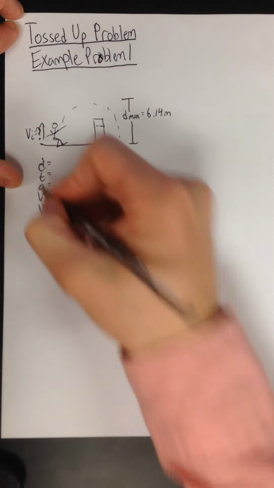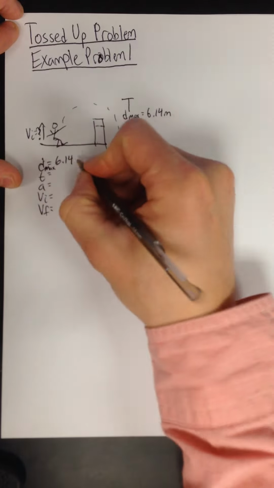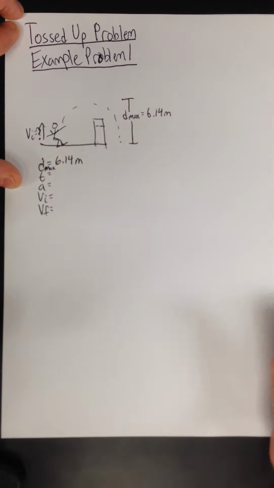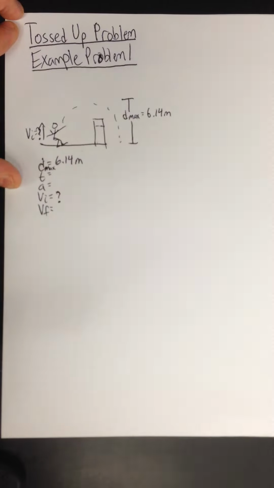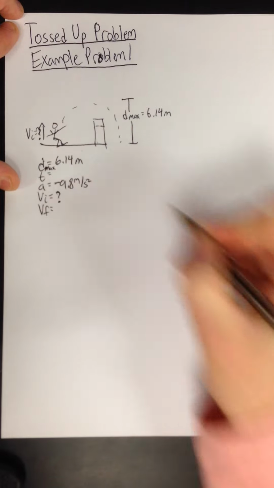We know that his D max, I'm going to write, is 6.14 meters. We're looking for his initial velocity to leave the ground, right? And while he's in the air, we know he is experiencing gravity's acceleration, which is a negative 9.8 meters per